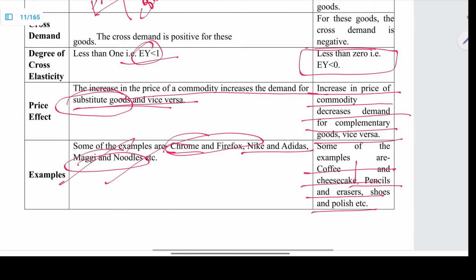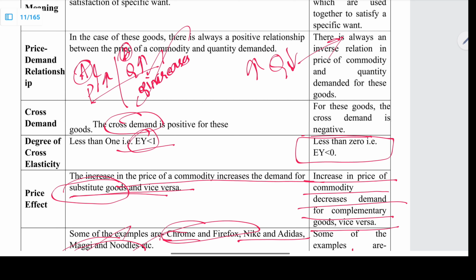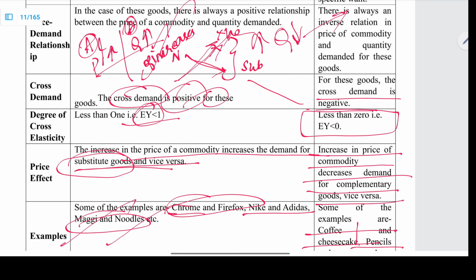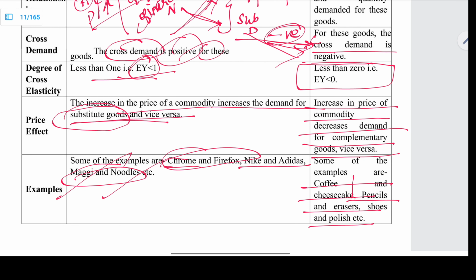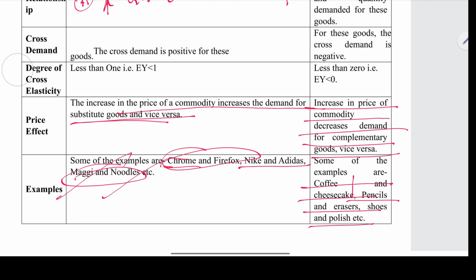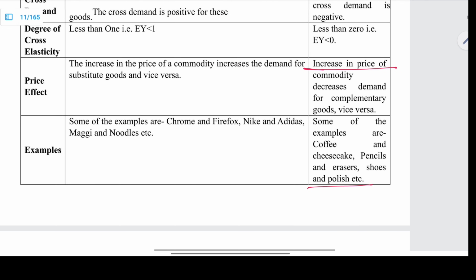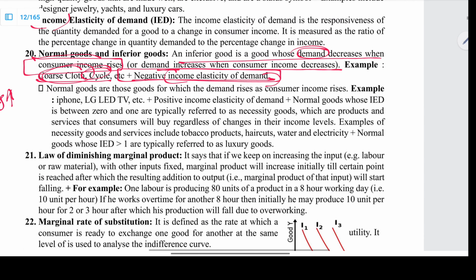Here we have also seen cross demand. Cross demand is positive in the sense that when one product's demand goes down, the demand for the other product will rise because it is a substitute. Therefore, cross demand is positive. And cross demand is negative for complementary goods, because if the demand for A goes down, the demand for the complementary good also goes down. So the cross demand is negative over here. We are seeing cross elasticity, but here